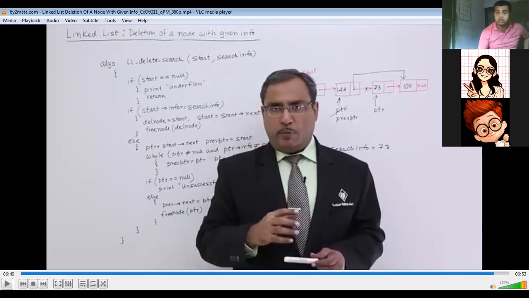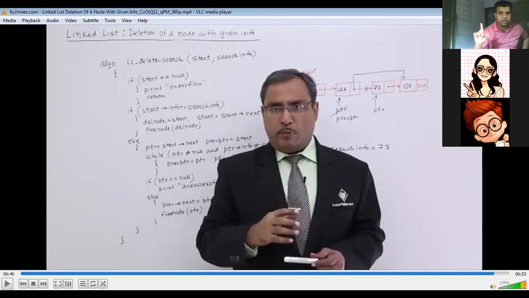Summation of the odd values present in the node, summation or maybe product of the even values present in the node, or to traverse only the odd numbers present in the node, to traverse only the even numbers present in the node, or maybe you have to find out whether any node has a repetitive value. Suppose in the single linked list you are searching any value, say number 5. So how many times has 5 been repeated in multiple nodes? So all these small basic searching kinds of operations you have to practice.